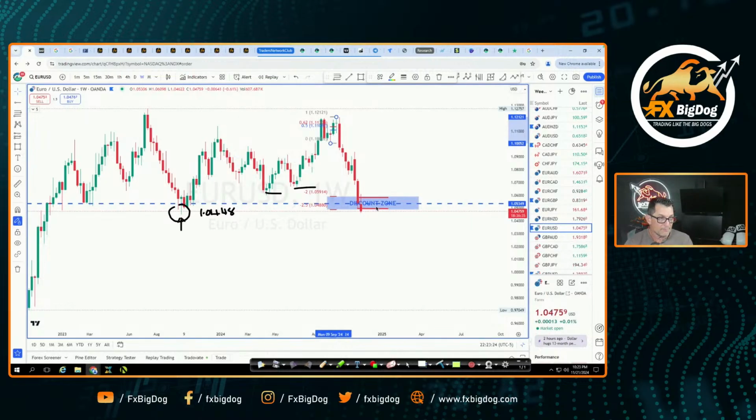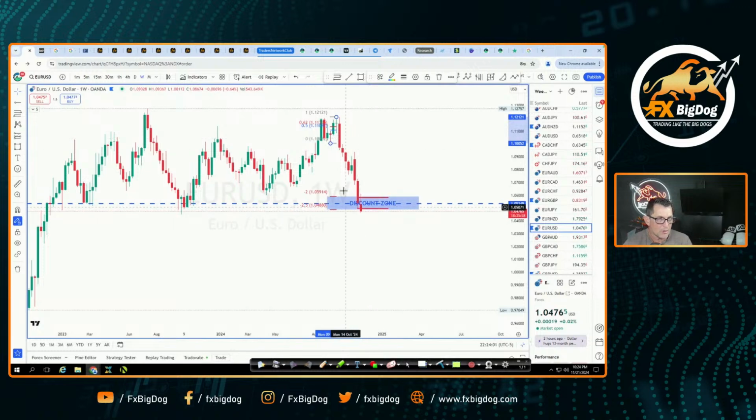Now, if I look at the weekly candle, this weekly candle is still active, which means that by close tomorrow, I would have a better idea of what the market is really going to do in next week's trading. So what I'm going to be looking for in tomorrow's trading is the important question: do we see the market sweeping the low right here? The low is priced at 1.0452.